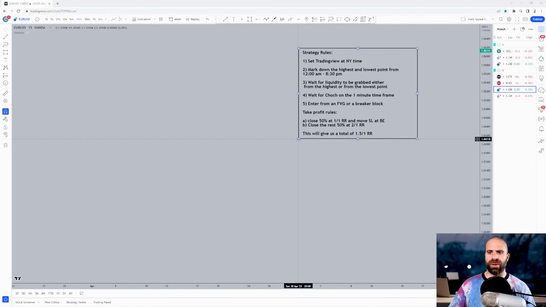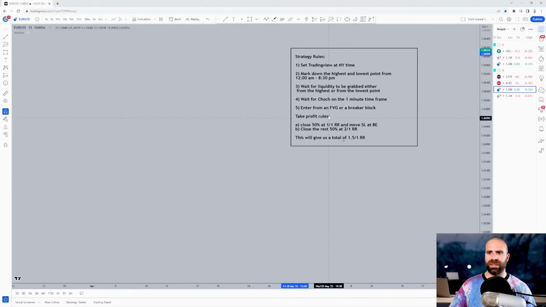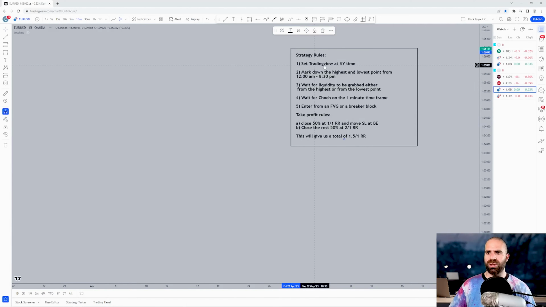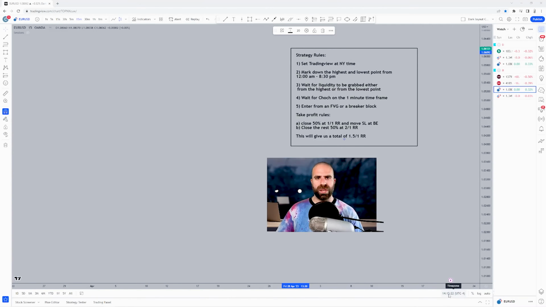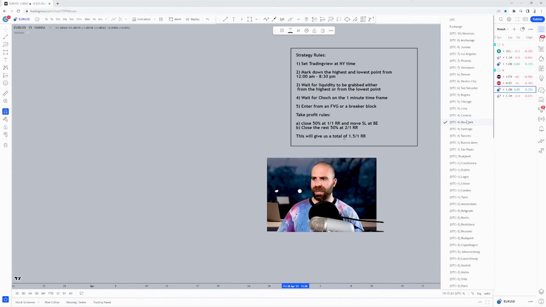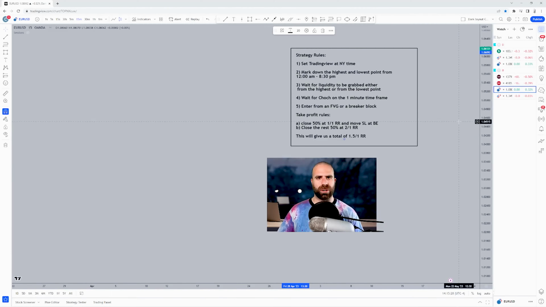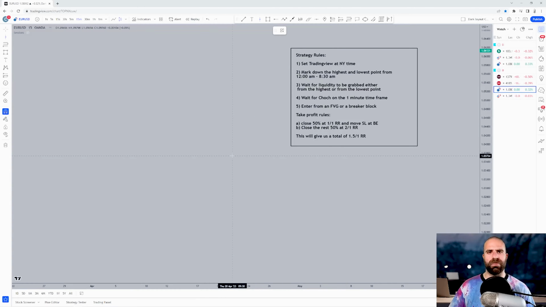Okay, so those are the rules that you see on the screen right now. So what I want from you, first of all, is to go ahead on your TradingView platform and set your time at New York time. You can do this by clicking on the bottom right of your screen and just set this one at UTC-4 New York time. Secondly, go ahead and mark down the highest and lowest point from 12 AM until 8:30 AM